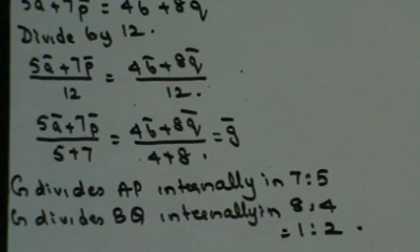So what have they asked you to find out? We found out the ratio in which G divides. They have asked you to find out the position vector of G. Now I can say that there will be 2:1. Yeah, sorry, that will be 2:1. They've asked me to find out the position vector of G. So I can say G vector is 5A vector plus 7P vector upon 12.